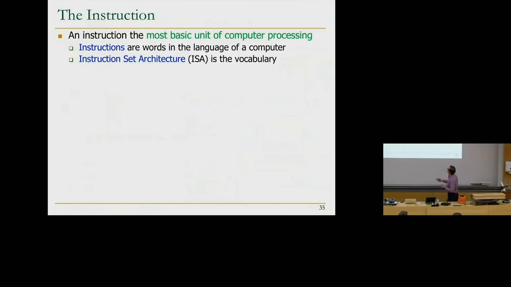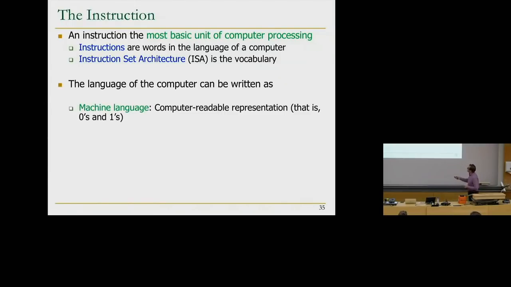You can think of instructions as the words in the language of a computer. Instruction set architecture is a vocabulary. You can use different words to form many different sentences, programs, or books. The language of the computer can be written as machine language, which is a computer-readable representation in binary, zeros and ones. Or assembly language, which is a human-readable version of machine language. You can directly translate from assembly language to machine language by knowing the format or encoding of the instructions,